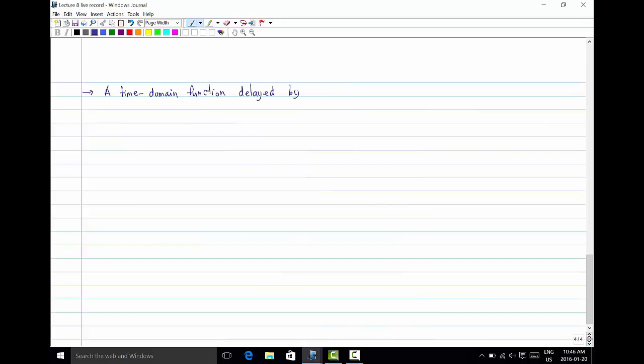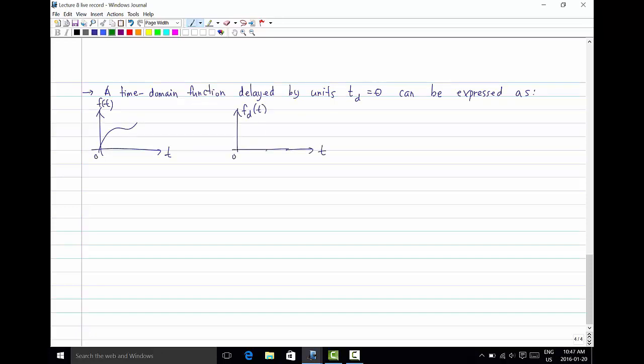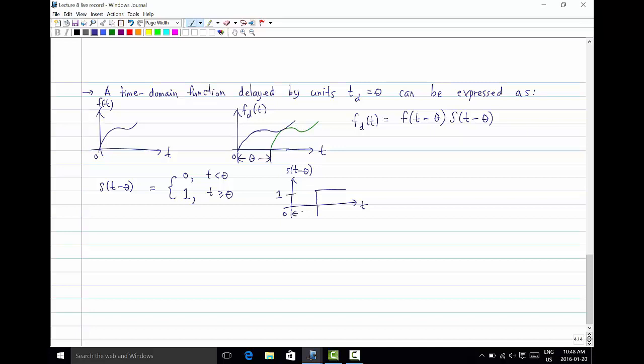A time domain function typically can be expressed as a product of the original function f(t) translated to the right by theta units, and therefore we get f(t minus theta). We multiply that by the step function S(t minus theta), which is simply the original step delayed by theta units,